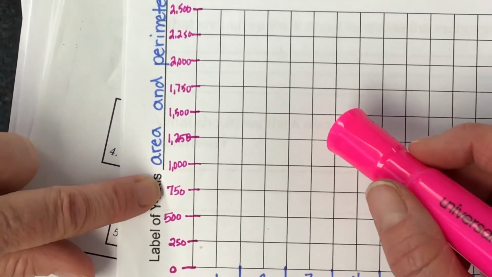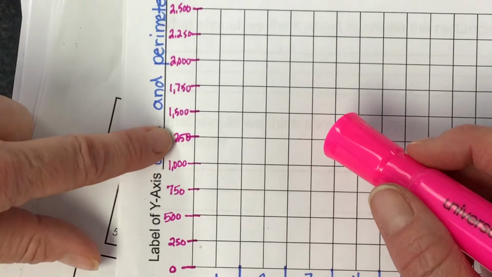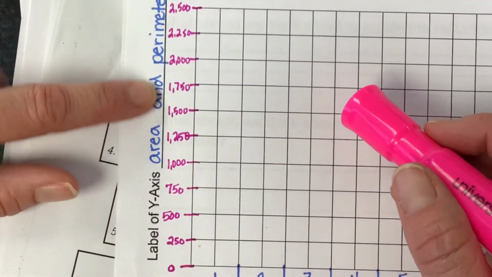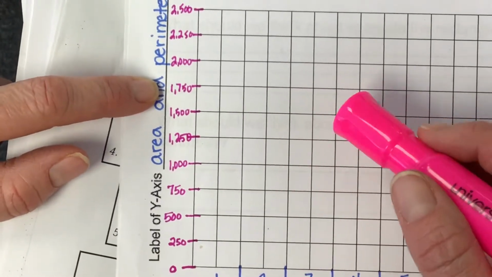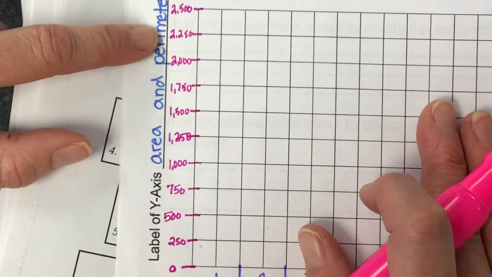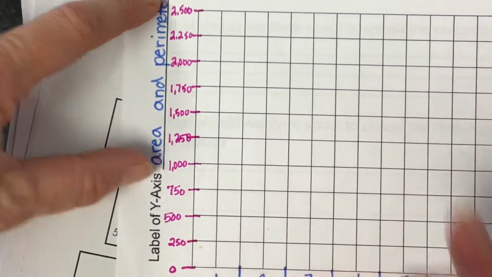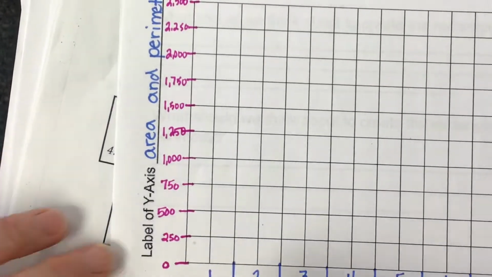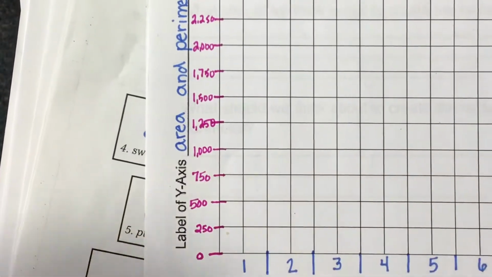500, 750, 1,000, 1,250, 1,500, 1,750, 2,000, 2,250, and 2,500. Something we said that is very important is that our numbers need to come straight out from that line